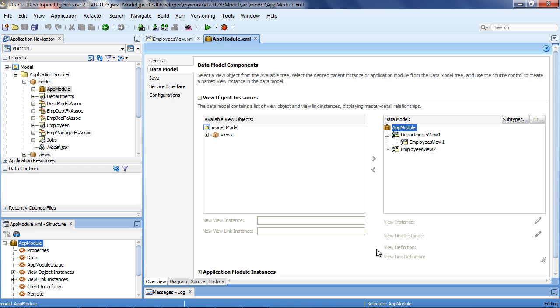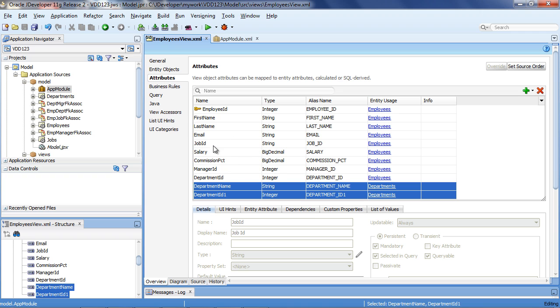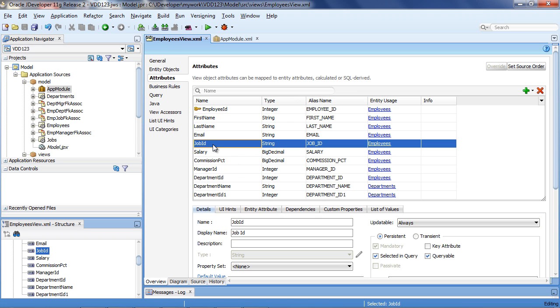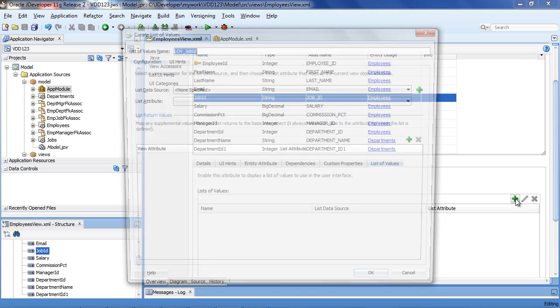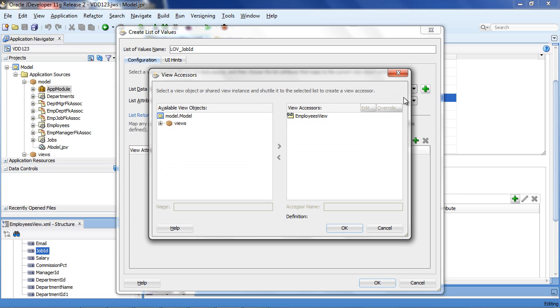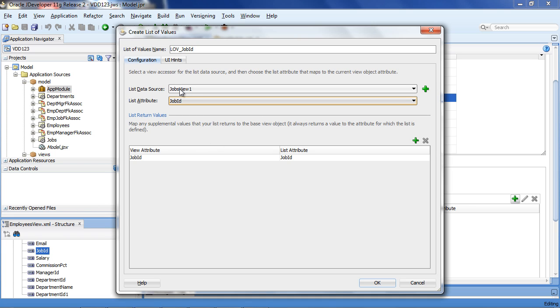So the final things I'll do here are, let's look at our employees view. We have an attribute called job ID, but rather than showing the job ID to the user, wouldn't it be nice if we could present a list of values? And we can do that here. We say list of values. So for this attribute, I want to add a list of values, and the list is coming from my jobs view. That's just like my jobs data block in Forms, or jobs record group in the Forms world. And the thing I want to bring back is job ID. So we're bringing job ID from the jobs table into job ID of the employees